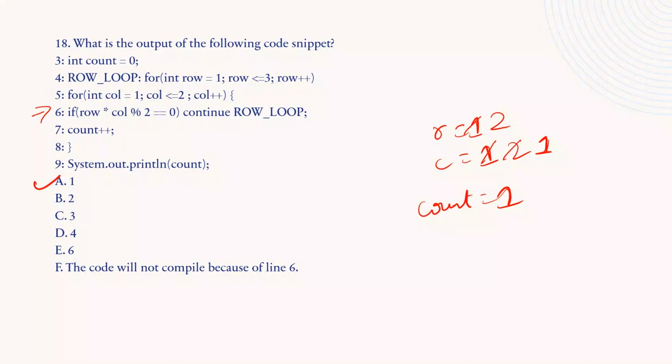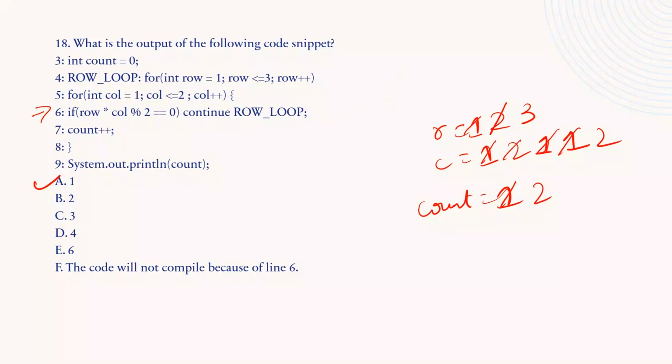On the fourth iteration, row equals 3 and column equals 1. The expression on line number 6 is false, continue is skipped, and count is finally incremented to 2. Finally, on the fifth and final iteration, row equals 3 and column equals 2. The expression on line number 6 is true, and the continue ends the outer loop and count is still at 2. So finally, the result of 2 is displayed,